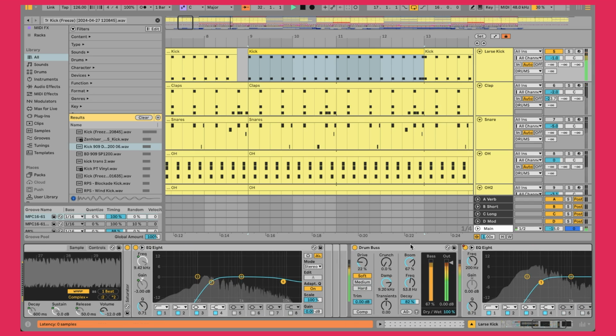Other than that, I have been really enjoying throwing drum bus on my kicks lately. What you can do is tune it to the track. I believe the track is A minor. This is so broken for me. If anybody's experienced that and knows how to fix it: whenever I change this, it always changes to something else, which is frustrating, like the global tuning, so ignore that. And then basically just dialing in a bit of the boom and the